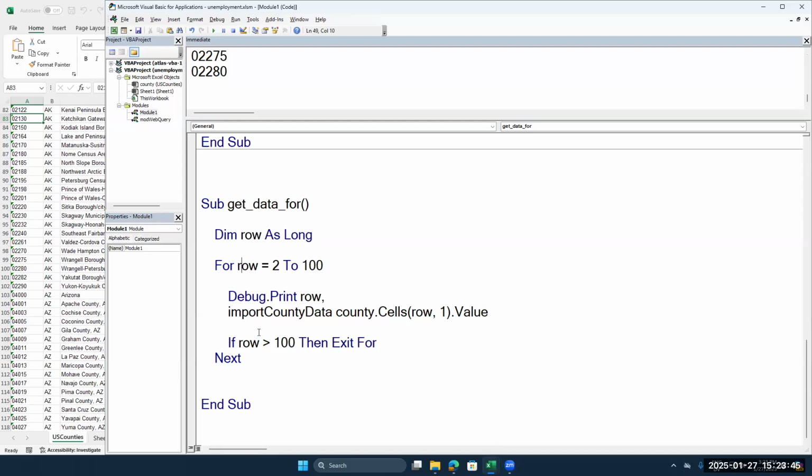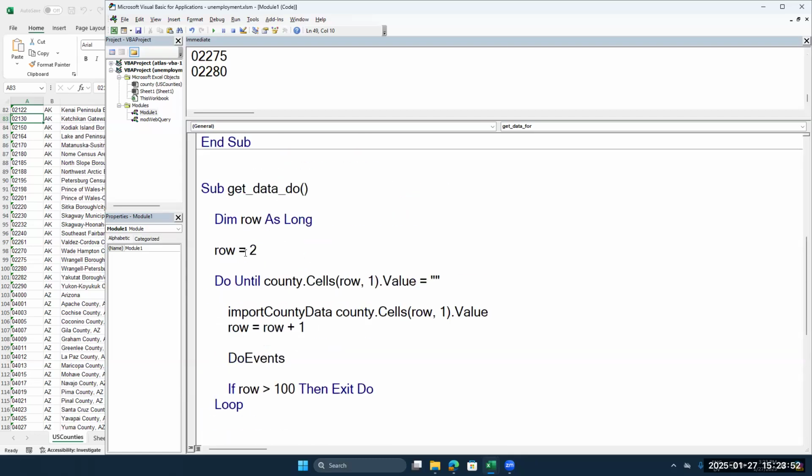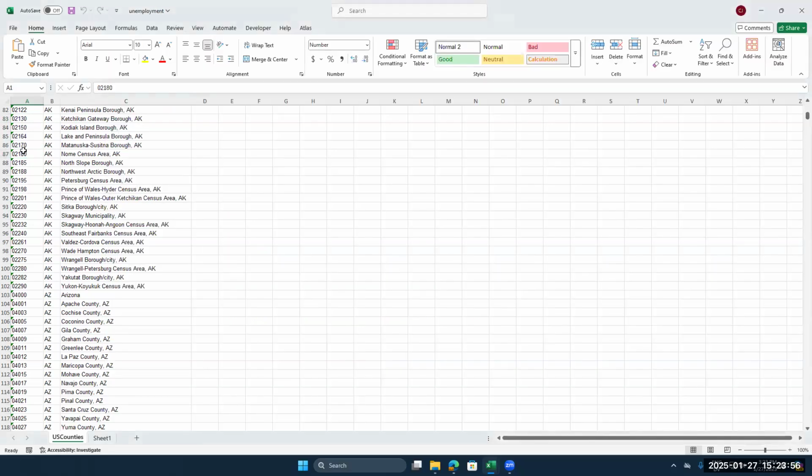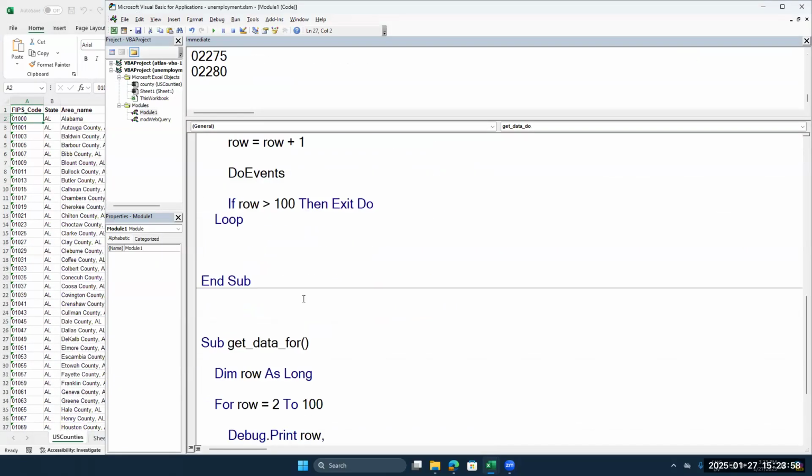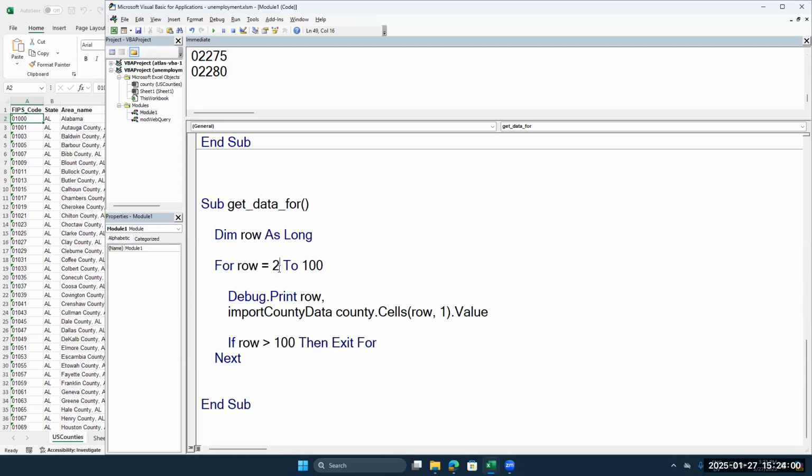Garrett? Yeah, good question. Kind of the same reason that row is 2 up here, because our data starts on row 2 in the sheet, right? So if we started with row equals 1, in fact, that's a good question. Maybe we should do that. If row was 1,